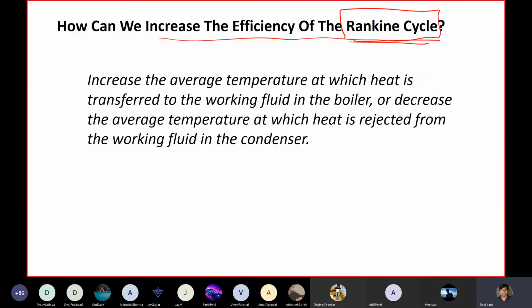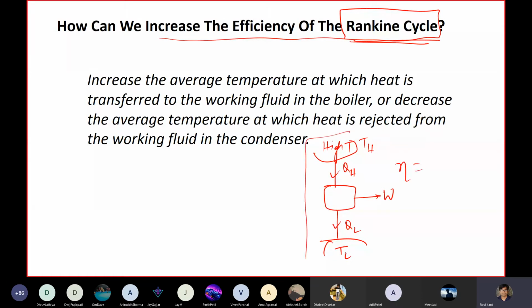So remember our heat engine. It takes heat QH from a high temperature source at TH, and it gives me some work and releases QL at TL. What was the efficiency for this particular heat engine? We got 1 minus QL by QH, or in terms of the Carnot cycle, 1 minus TL by TH.